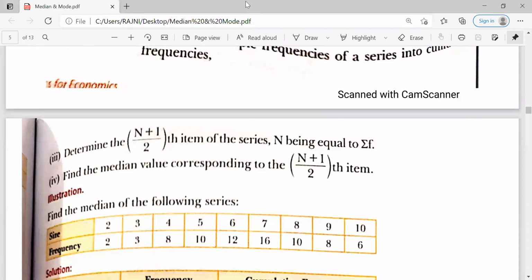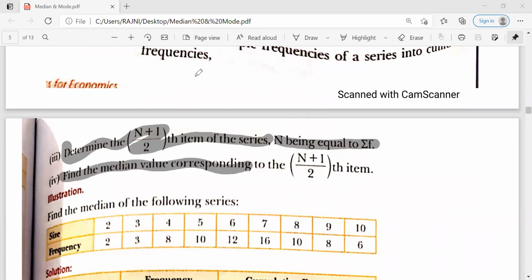Determine the size of the (n plus 1) by 2th item of the series, where n refers to the sum of f. It means the summation of the frequencies is taken as the number of items. Then find the value of the median corresponding to the (n plus 1) by 2th item.